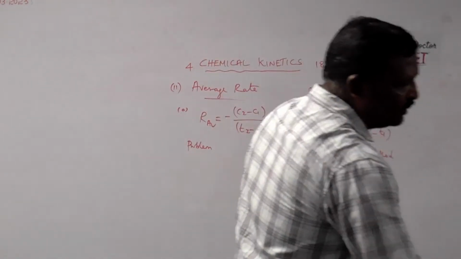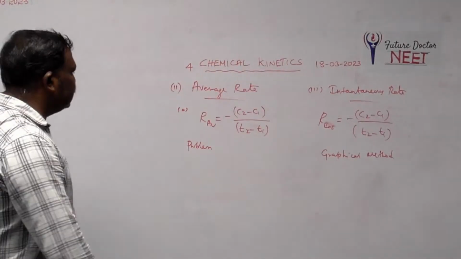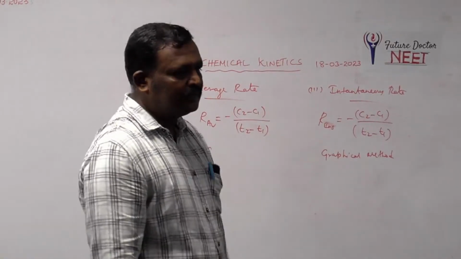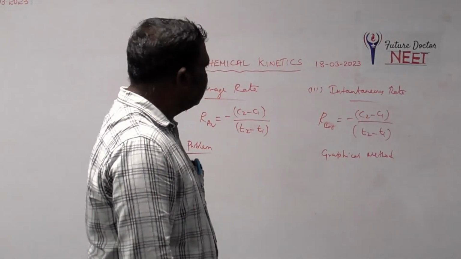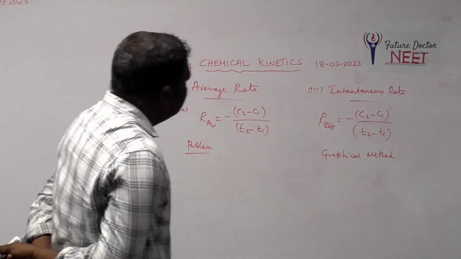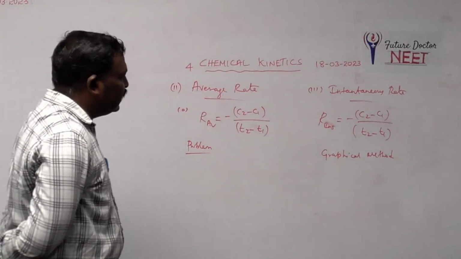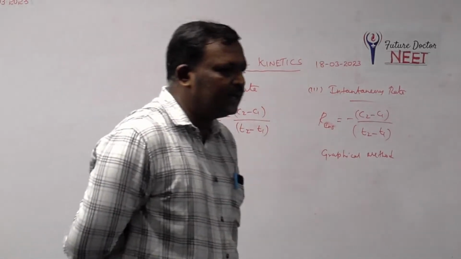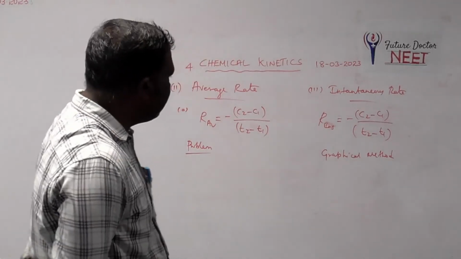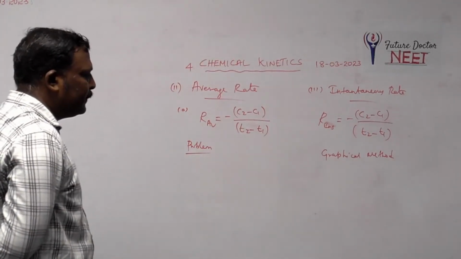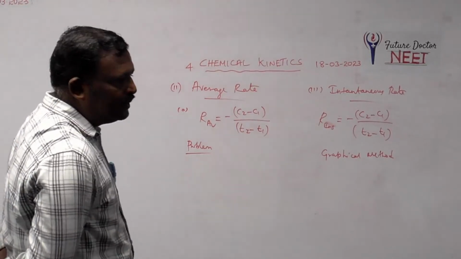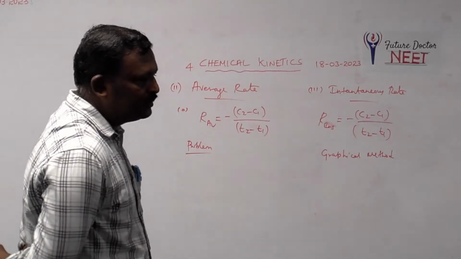Calculate average rate of the reaction when the concentration of the reactant changes from 0.3 molarity to